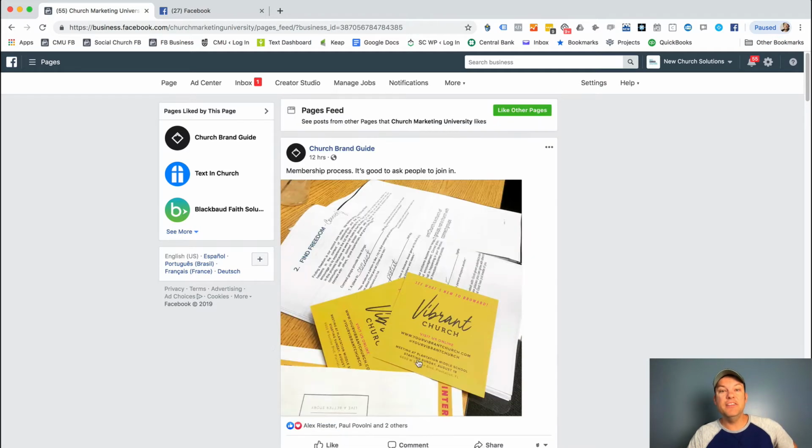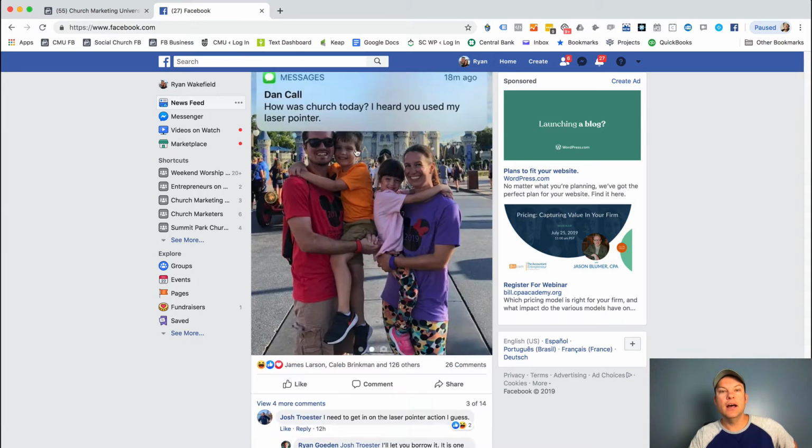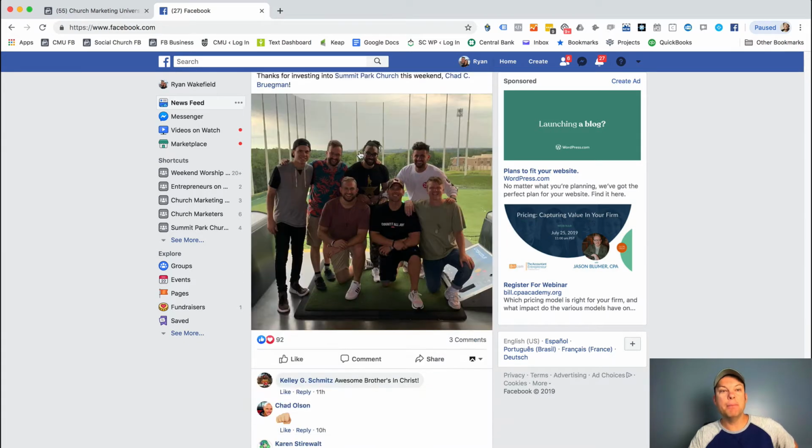So that's the pages feed on the desktop, which I recommend, liking the other pages and doing that strategy with other organizations. It's not going to show you people, but it will show you pages in the feed there, which again, you can have a whole strategy for. Now, if you want to see more the people side and pages side, what you can do is over on your regular feed.